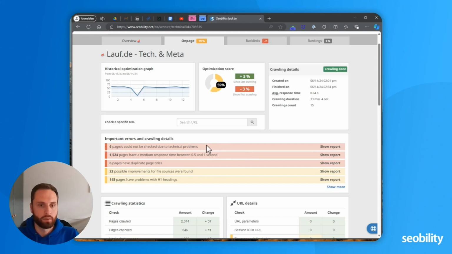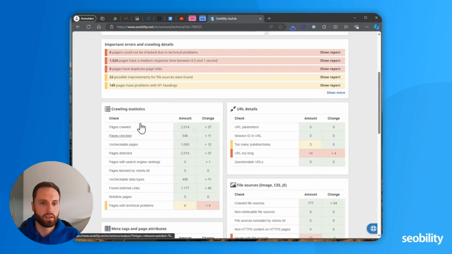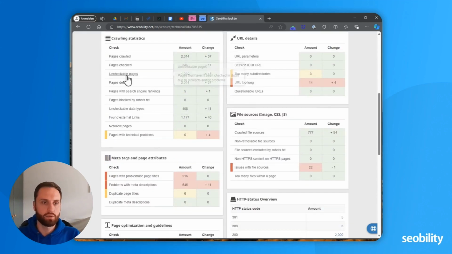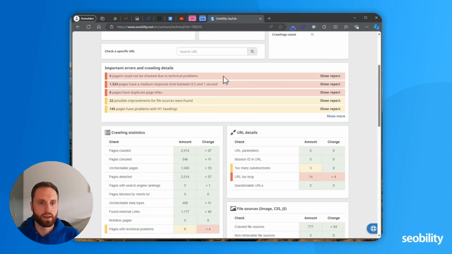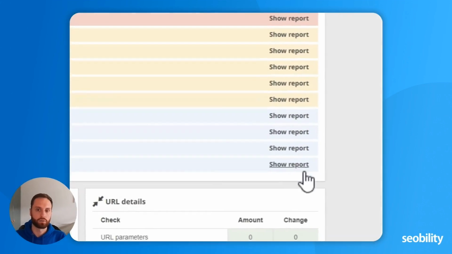And then you could click Show Report over here, and you would be taken to this report that in this case refers to technical problems, or here to the response times of your pages. Down here you have a more complete view of all analysis and statistics. So while you only have issues up here, which is a great guidance, and as I said, it's pre-prioritized, so feel free to work with this to-do list if you want to.